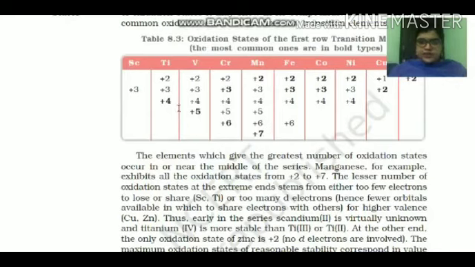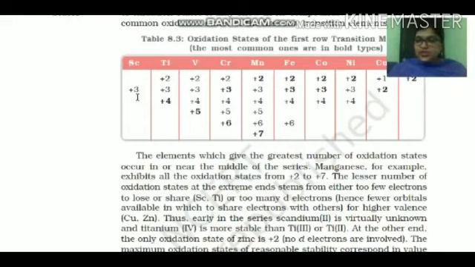Here you can see titanium, whose most stable oxidation state is +4, and this +4 comes from adding the electrons present in the s orbital plus the d orbital. Among the first 5, you can see scandium is exceptional, or you can say the scandium +3 oxidation state is there. How will +3 be stable?